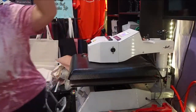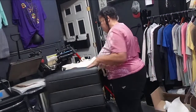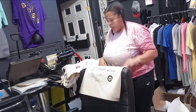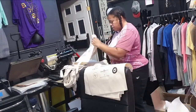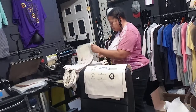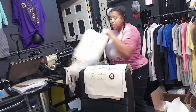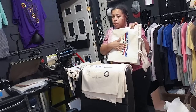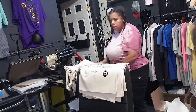Let me count these bags and make sure I about got enough. This one right here got a little bit too dark. And y'all know you can spray stuff with peroxide. 3, 4, 5, 6, 7, 8, 9, 10, 11, 12, 13, 14, 15, 16, 17. So that's 17 of those, and I still have 17 of those, and then of these, I won't put the backs on because remember these don't print that good. So 17, 18, 19, 20, 21, 22. So I still need to do